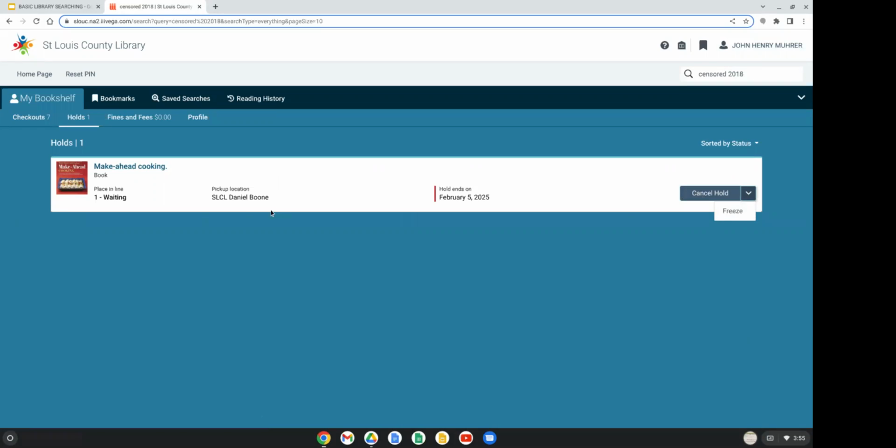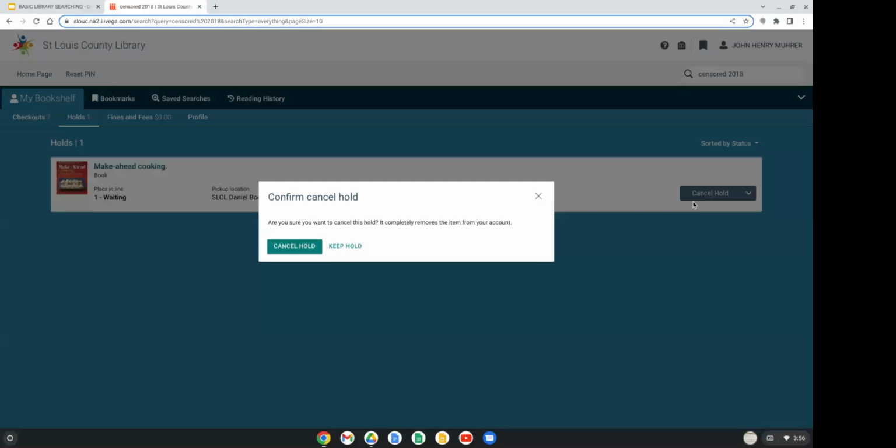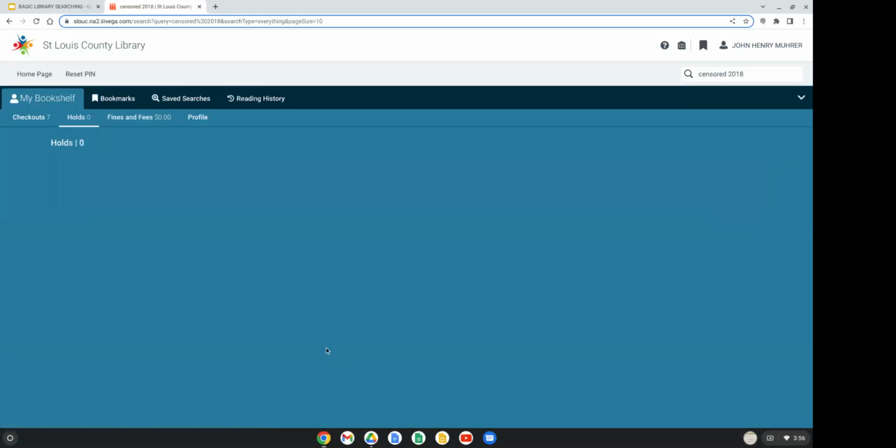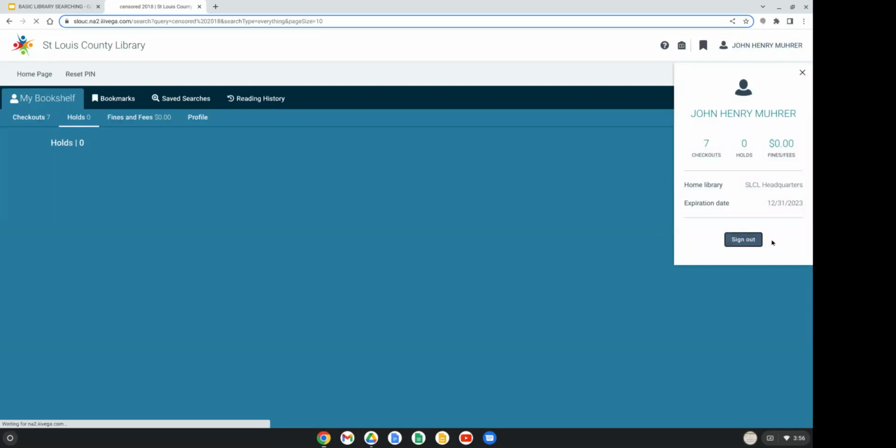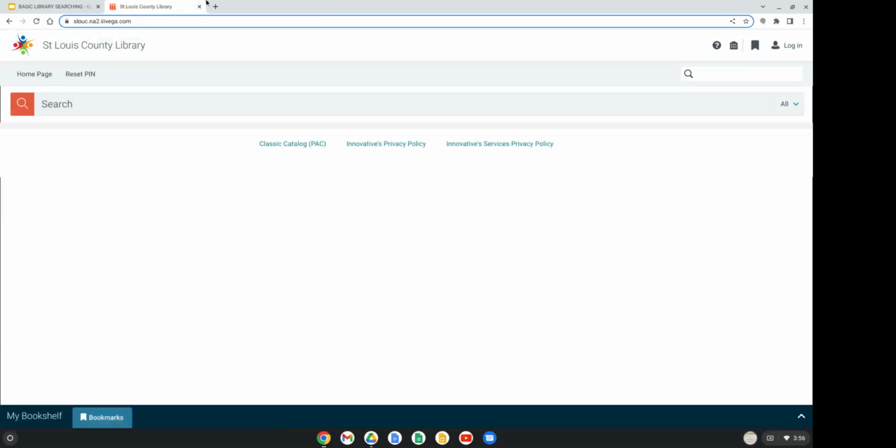so nobody at one of the branches, this one was at the central branch in downtown, starts to make a movement on that, pull it off the shelf, put it on the cart, put it on a truck, and get it out to Daniel Boone. I'm just going to cancel that hold. And now I have 0 holds, and I can also view my checkouts, any fines or fees I may have, or anything like that. I'm going to log out of here